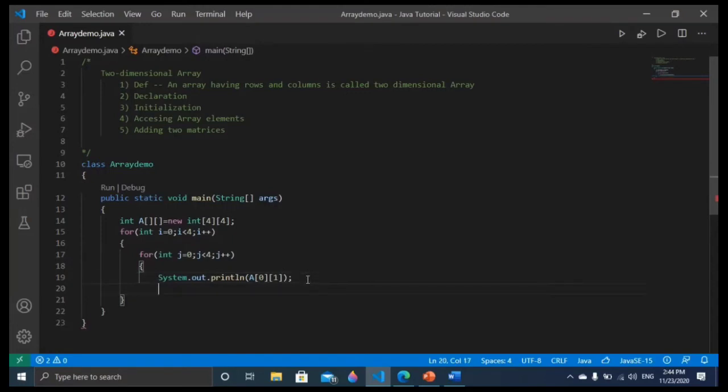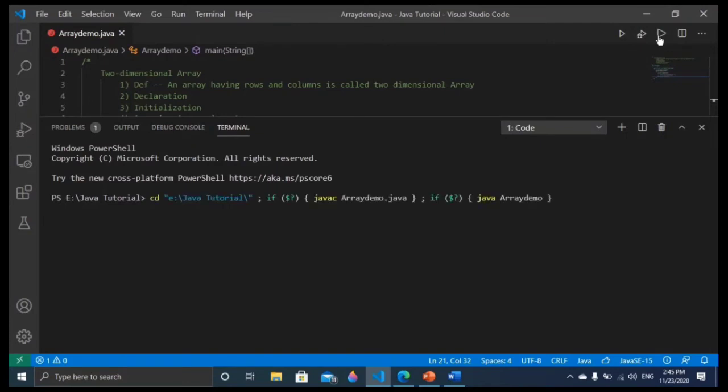Let me close this. And here what will happen, friends? Here will be i and here will be j, because the first is for the row and the second one for the column. So if I print this, what will happen, friends? This all will be printed, but I want to print in matrix format. So let me print it. I want to put the space, and then after printing the first row we have to come down to the second row, so we have to break this. How to break? System.out.print. So if I run this, you will see it is going to print a 4 by 4 matrix.